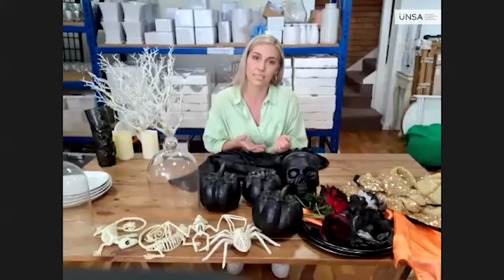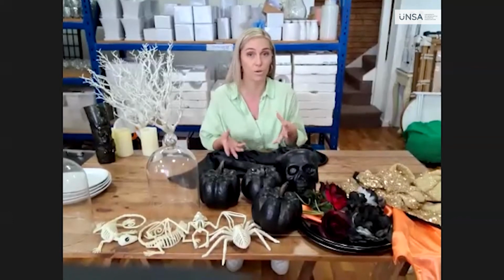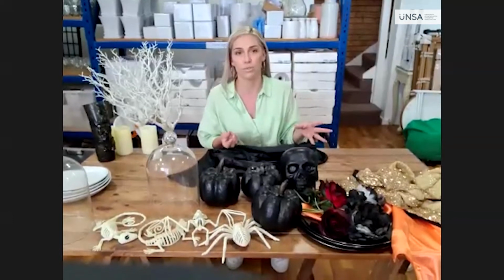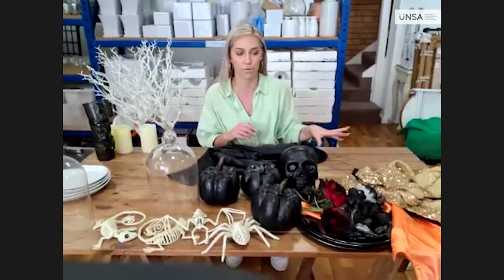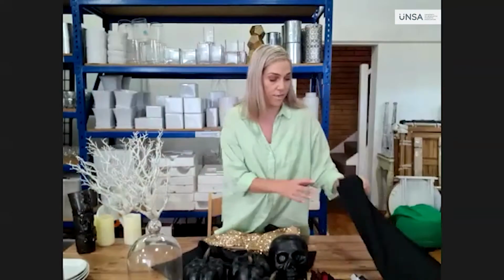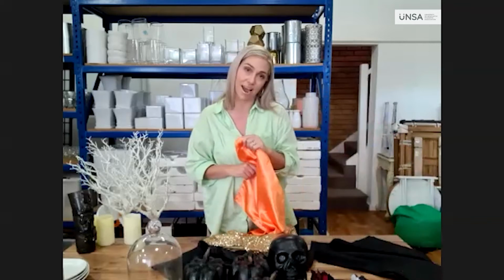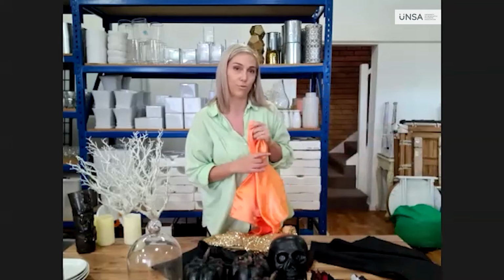You can easily substitute a lot of the stuff I do have as well, and I'll explain that along the way, and maybe a couple of tips on how to change up a few things that I have that you might have in the kitchen to sort of look and feel the same as what I'm doing today. So I've got napkins in black. I'm going to be doing orange napkins as well, and with the orange napkins I'm going to show you how to make a little patch out of those, which is a fun little thing for your table,